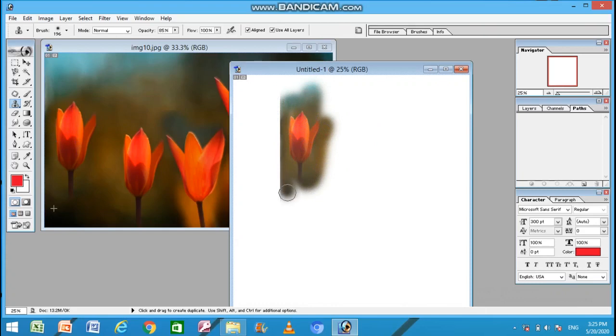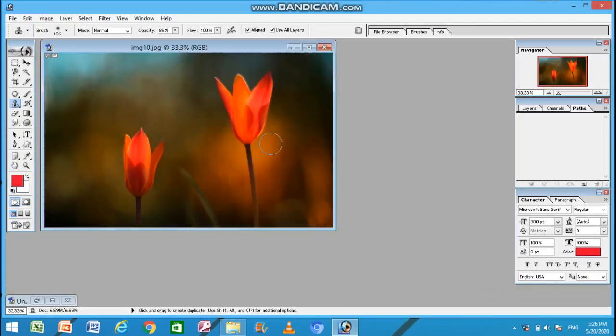Drag and drop the mouse to draw the clone. So in this way you can select a source point from any graphics and you can make the clone of that particular graphics onto any other graphics or canvas. So this is how you can use the retouching tools, the spot healing brush tool, the patch tool and the clone stamp tool in your Photoshop.